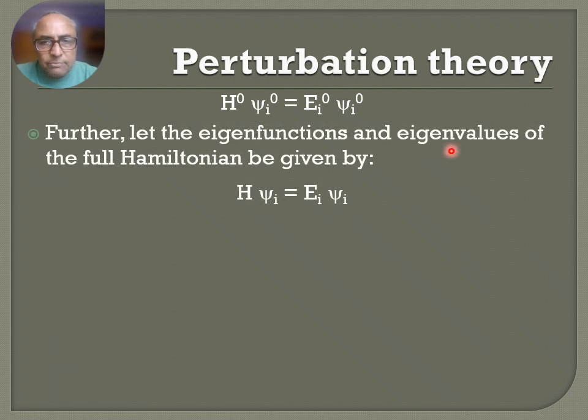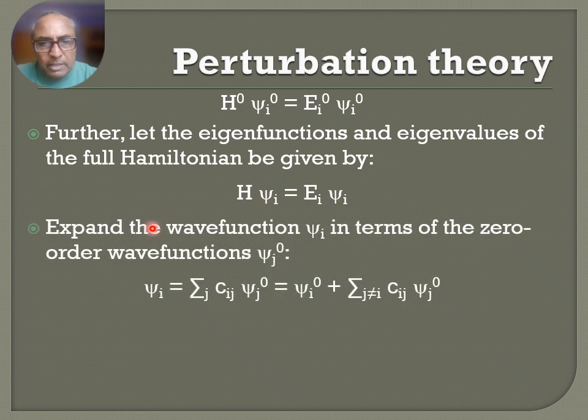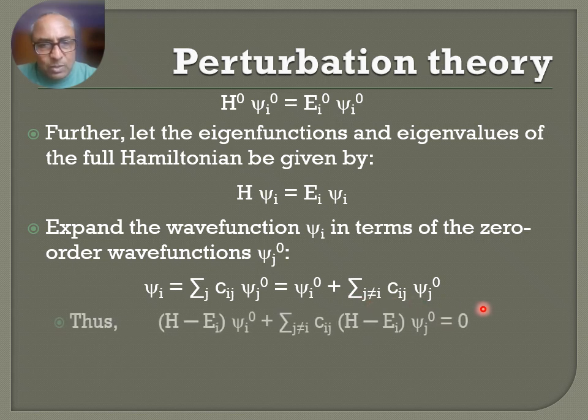Further, let the eigenfunctions and eigenvalues of the full Hamiltonian be given by H psi_i = E_i psi_i. We want to find the E_i and the psi_i. Expand the wave function psi_i in terms of the zero order wave functions psi_j^0. Since the zero order Hamiltonian H0 is a Hermitian operator, its eigenfunctions psi^0 form a complete set, and therefore we can perform this expansion. So we write psi_i = psi_i^0 + sigma over j not equal to i of C_ij psi_j^0,